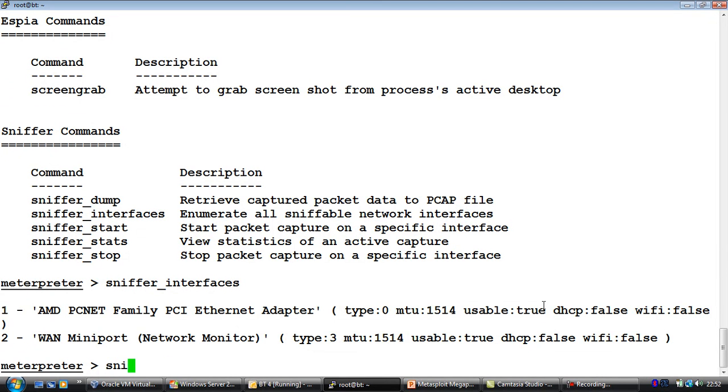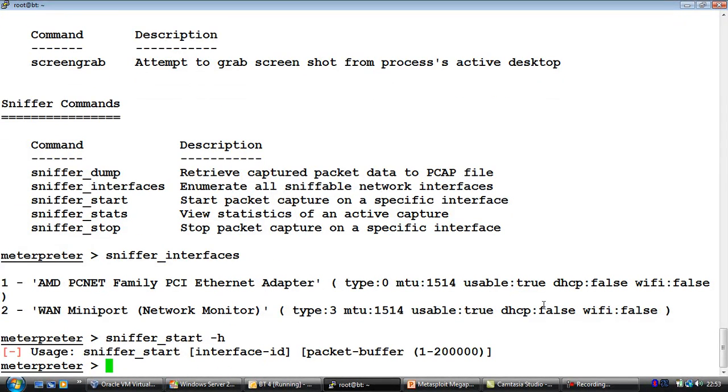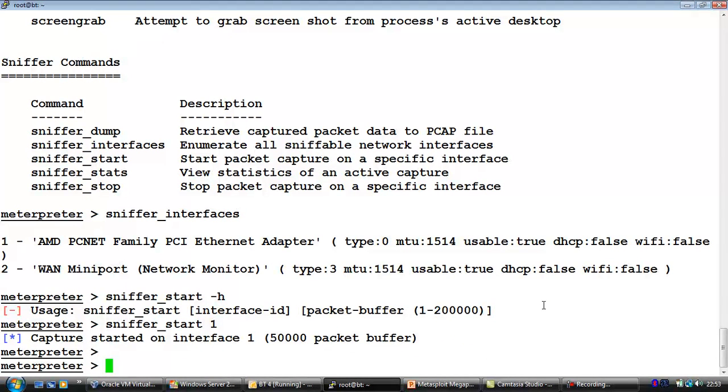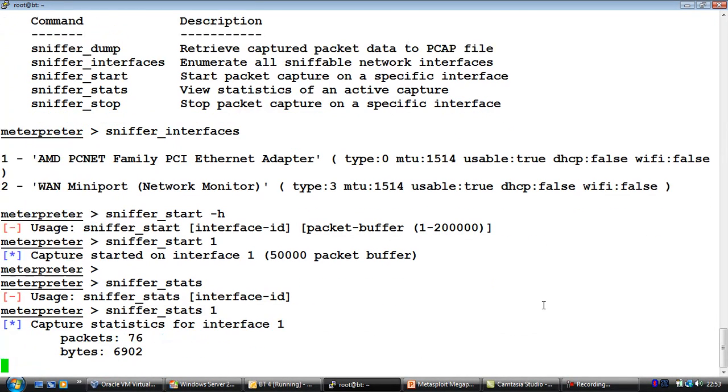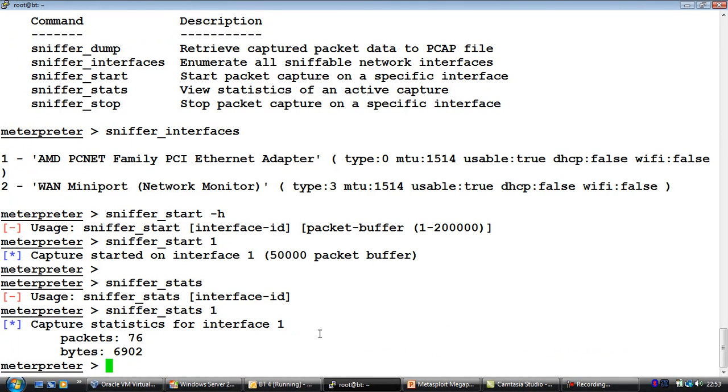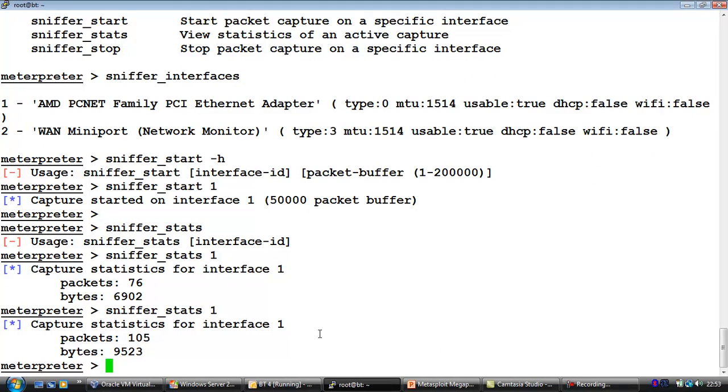So let's say I'll start my sniffer, and I think I need to give the extension the interface ID, right? Should be 1. Now, once the sniffer starts, we can wait for a bit and go ahead and hit the sniffer stats command to look at the number of packets which the sniffer has collected, right? And now let's say we've collected quite a bit of packets, then we can go ahead and use the sniffer dump command,